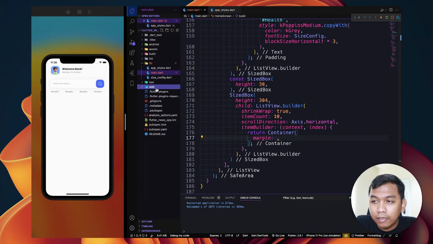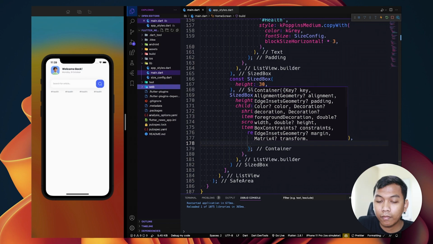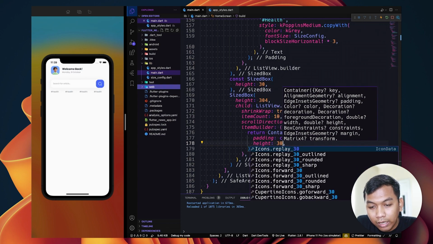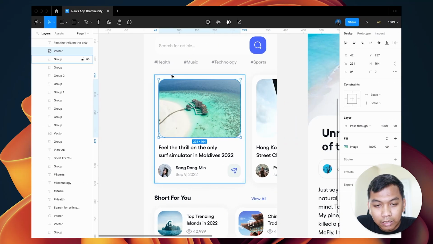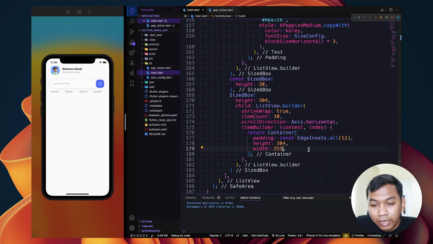So first, we need to say padding first, and the padding will be all 12. And for the height, set it to 304, and for the width, just press this and we can see 255.